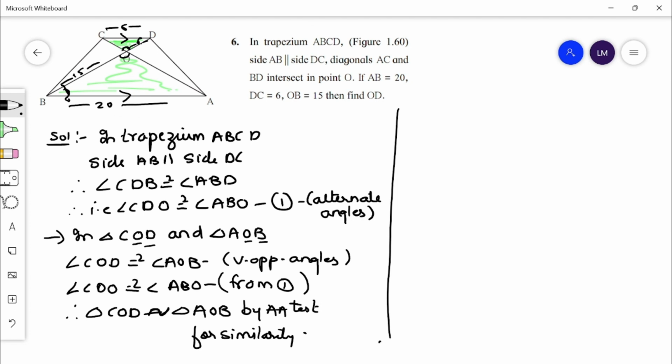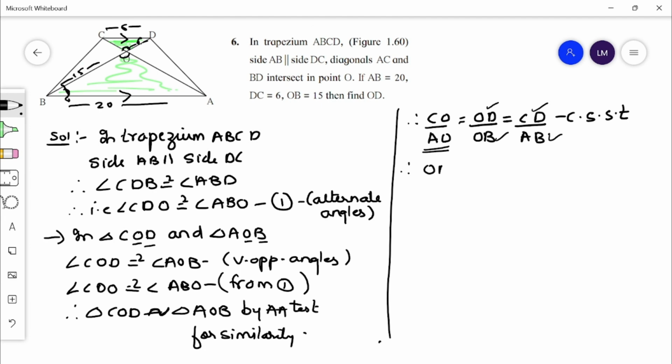Now we'll write in ratio form. That is, first and second position, CO upon AO, then second and third position, OD upon OB, first and third position, CD upon AB. Reason: corresponding sides of similar triangles. In the question the values of AB, DC, and OB are given, and we need to find OD. That means there is no need for the ratio CO upon AO, so we will skip it. So OD upon OB is equal to CD upon AB. Now putting values, or you can say substituting, we'll get: